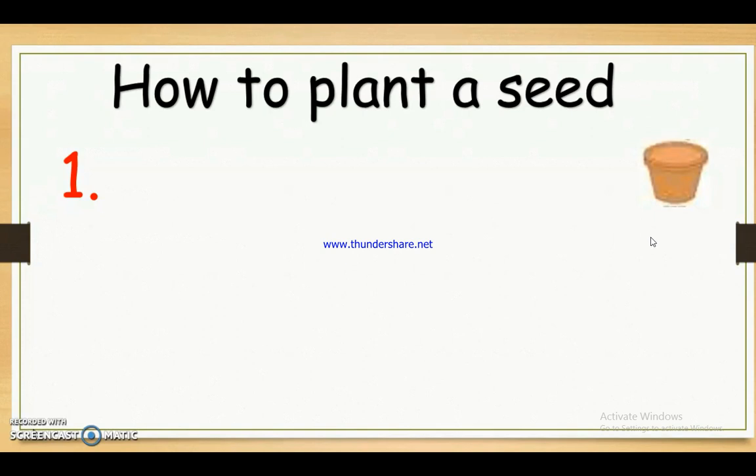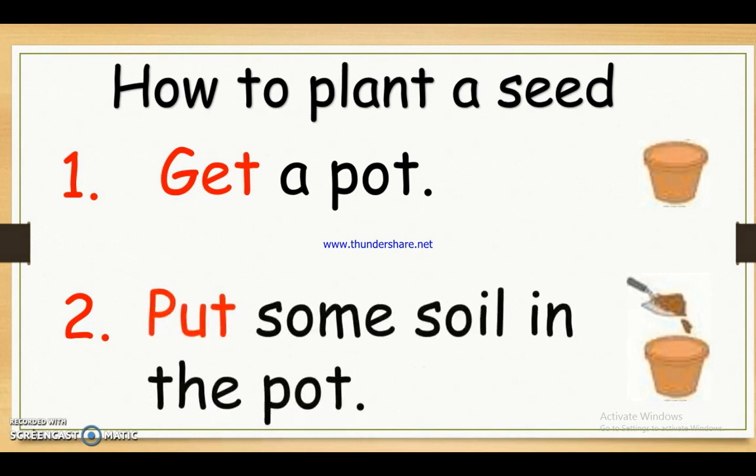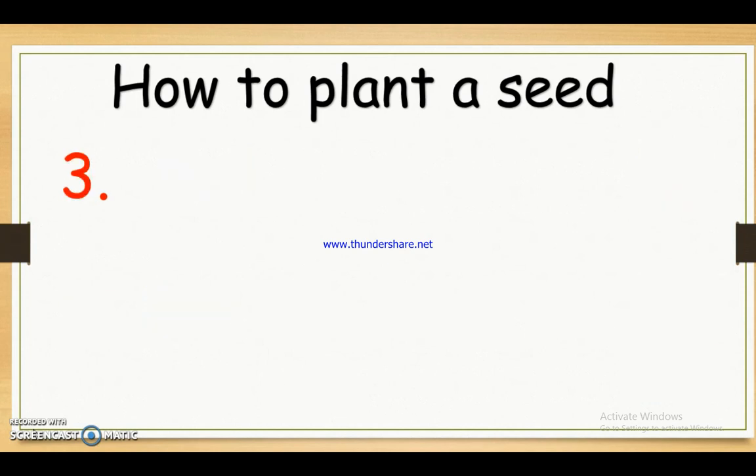Okay, so get the pot. Number one, get a pot. This is number one. As we are talking about number one, this is the first thing that we need. Number two, second, we need to put soil inside the pot. We need to fill the pot with soil. So put some soil in the pot. So they are the instructions. So we have the title and instructions.